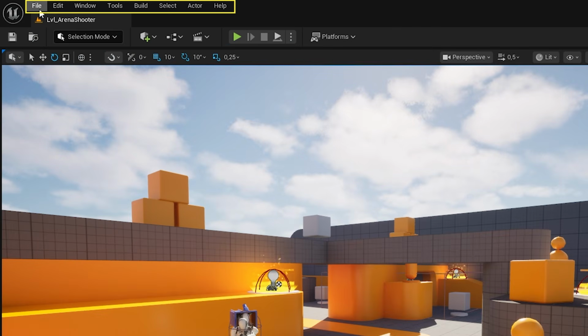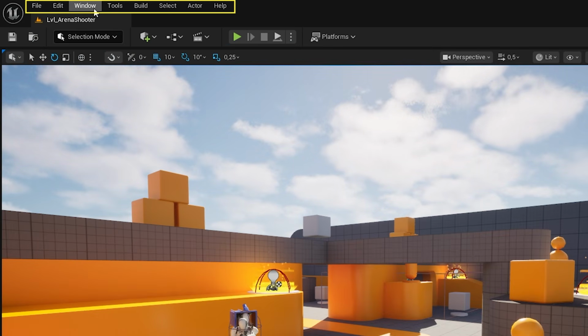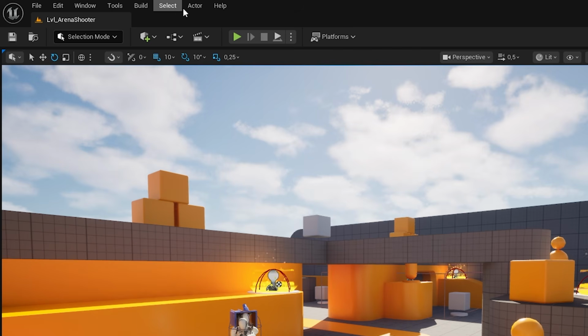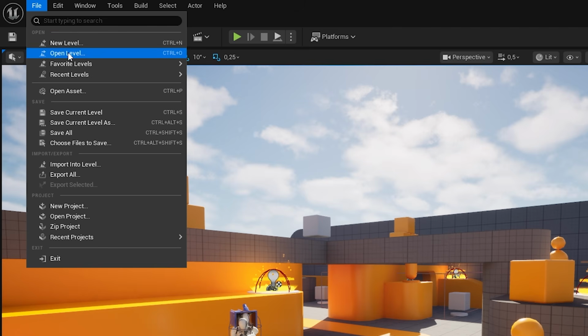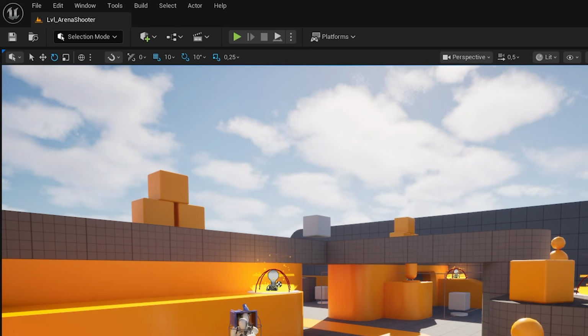At the very top is the menu bar. Each editor in Unreal Engine has a menu bar that is located in the top left of the editor window on Windows devices, or at the top left of the display on macOS devices. Some of the menus, such as File, Window, and Help, are present in all editor windows, not just the level editor. Some other menus, though, are specific to their own editors.